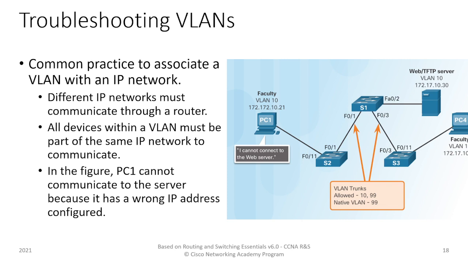So one of the things we have to consider when troubleshooting VLANs, related to configuring VLAN trunks, is that any of the trunks that we configure should be able to carry the traffic belonging to the VLANs that need to communicate. But more than that, the typical IP configuration should be correct, because